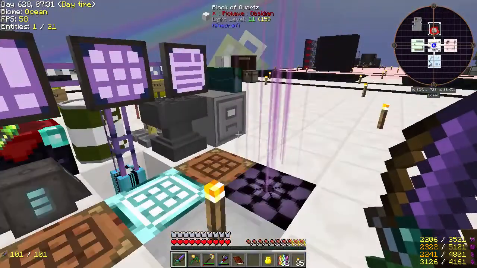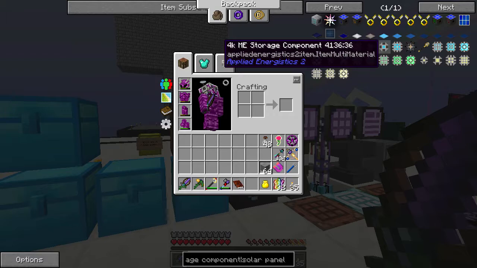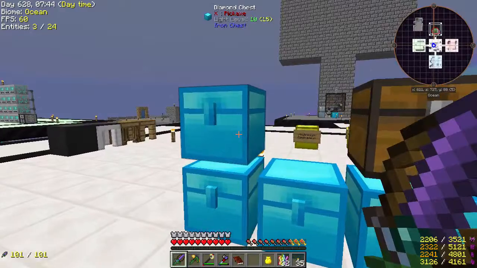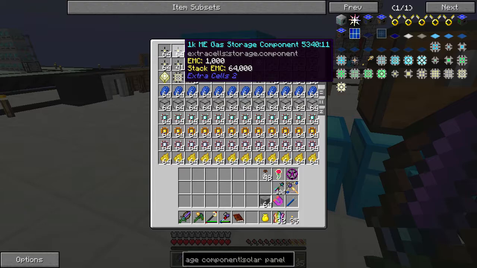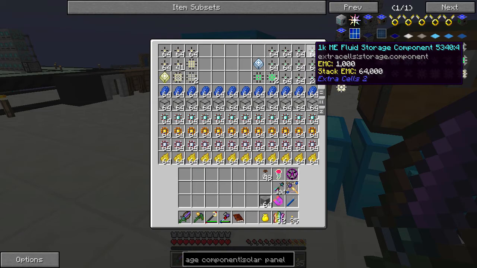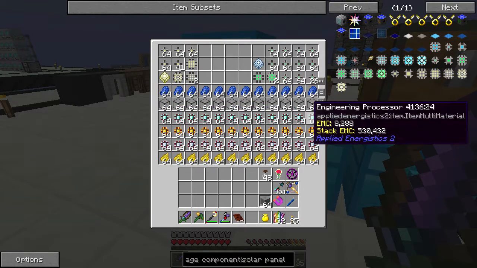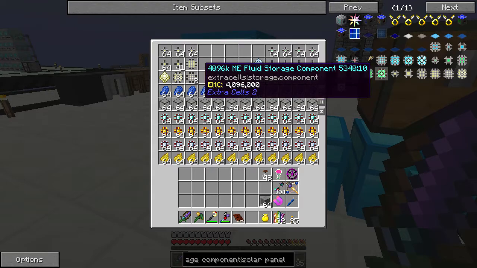The other thing that I was working on was the ME storage components for gas, fluid, and normal. And oh boy. So this is all the stuff. Okay, at the very least, the top part, the storage components for both the fluids and the gases, that's exactly what we need. That is exact numbers. No extras or anything like that. That should make us exactly one of the 4096K storage. So I'm going to call them the 4000K storage, because that's basically what it is. But